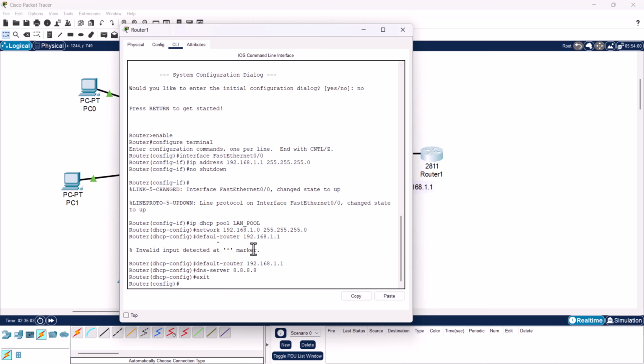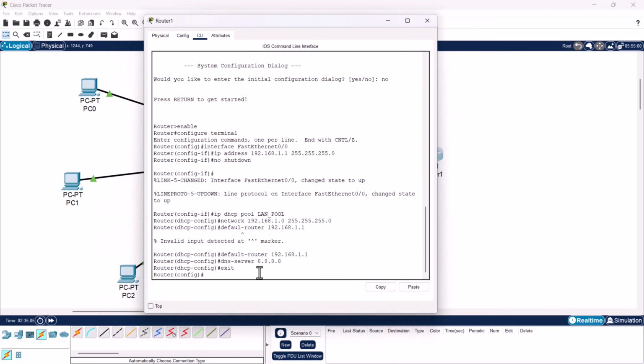And for example, if you would want to also exclude some IP addresses, like I mentioned, you can also do it by the following command. You type in ip dhcp. As in previous commands we already specified the pool of addresses which this DHCP has. And here type in the command excluded-address. And in our scenario I will exclude the IP address which is assigned to our router, which is 192.168.1.1,